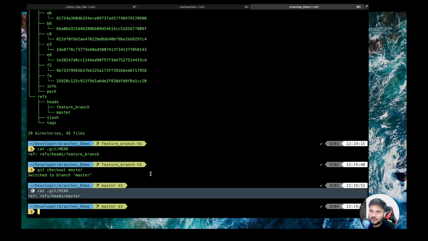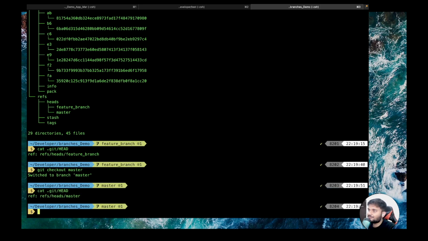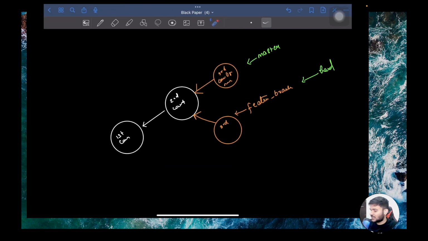You're going to actually print master here, right? So this is something that is pretty cool. And if you always visualize branches with respect to pointers, you're going to have far fewer issues. A lot of people wonder about the production use case of branches. When you go to production-level code, you won't always have access to the master branch. So generally people keep different naming conventions.